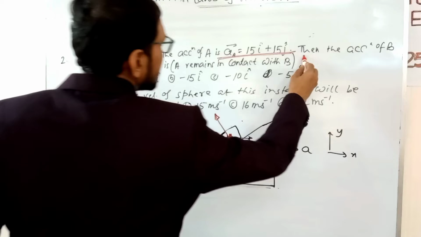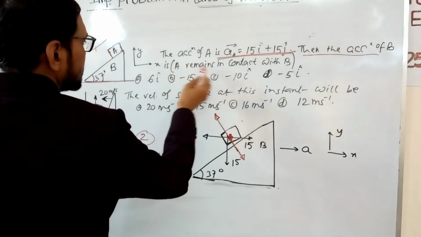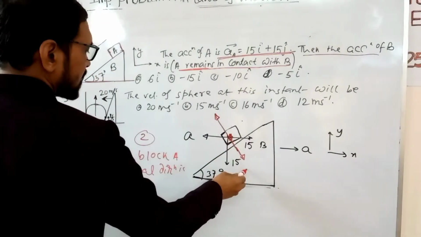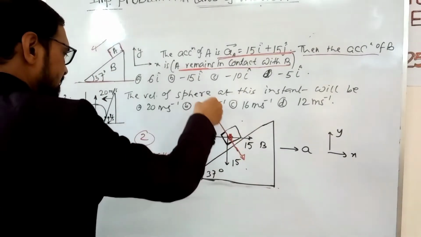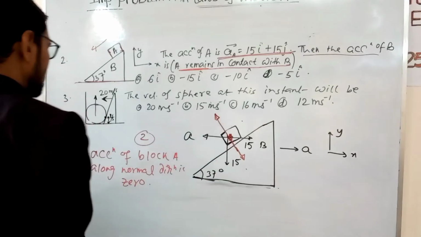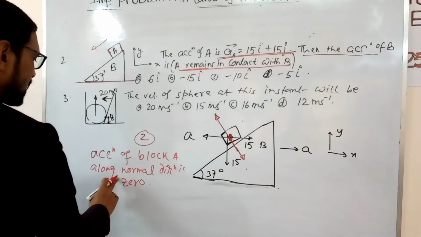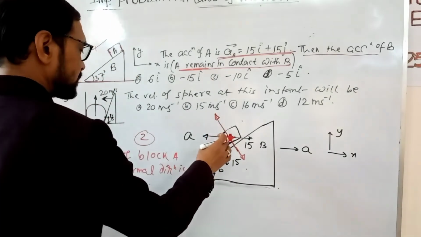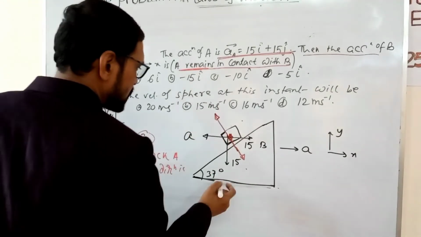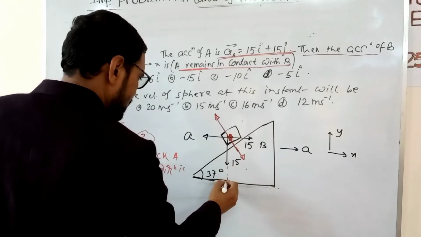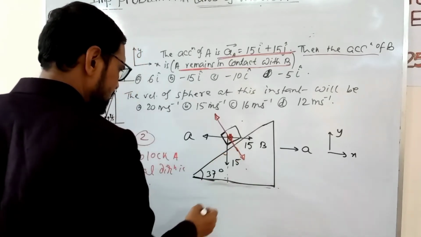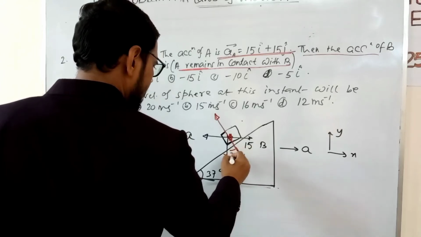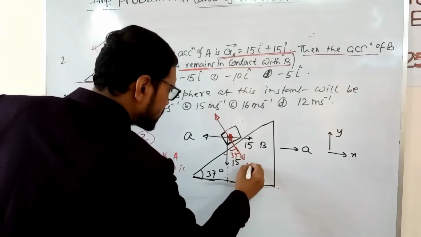So the important point is that A remains in contact with B. So there is no acceleration along this direction. So the acceleration of block A along the normal direction is 0. So we resolve the acceleration in this direction. This is 15, this is 90, so this is 53, and this angle is 37. So this component is 15 cos